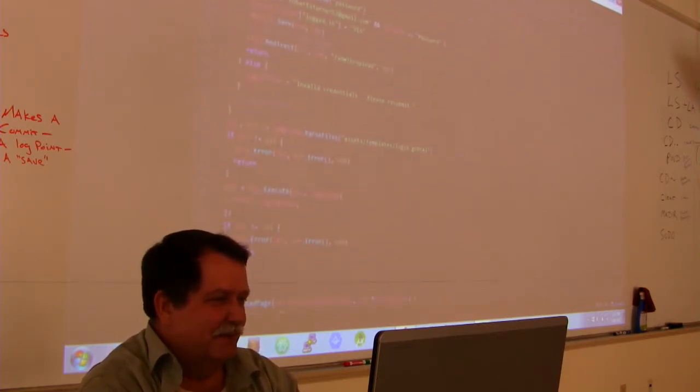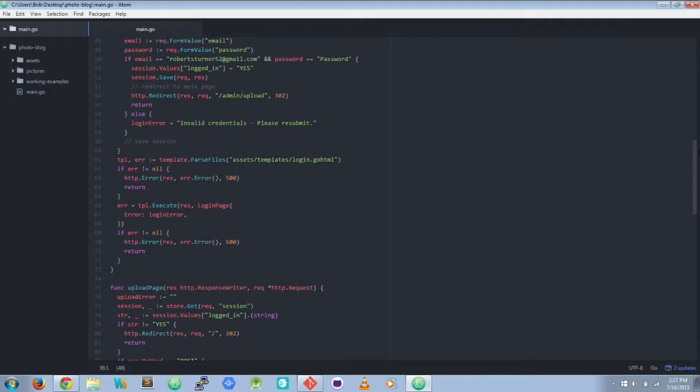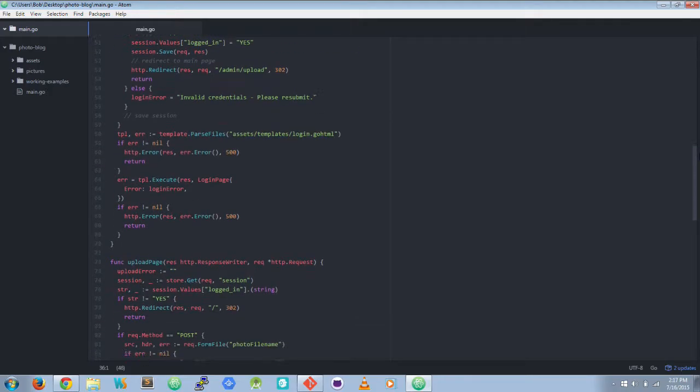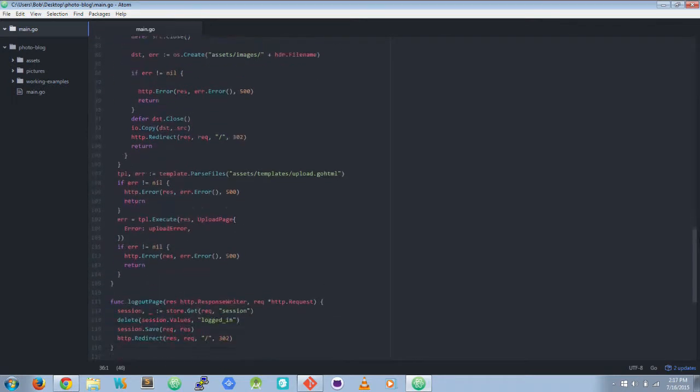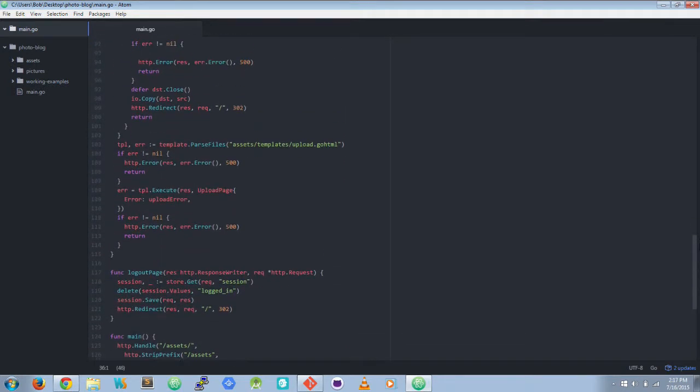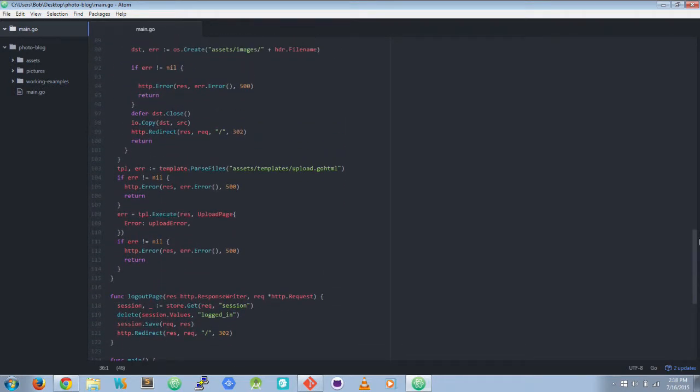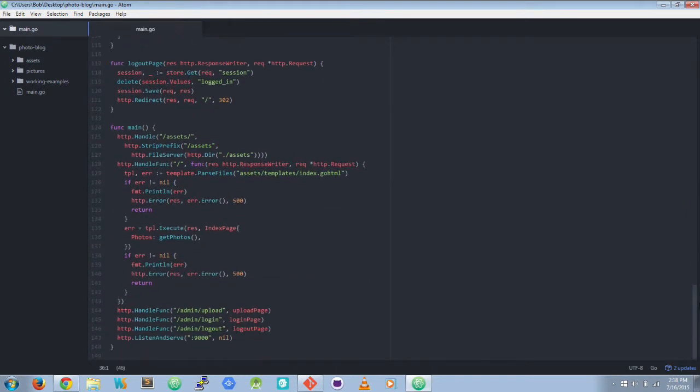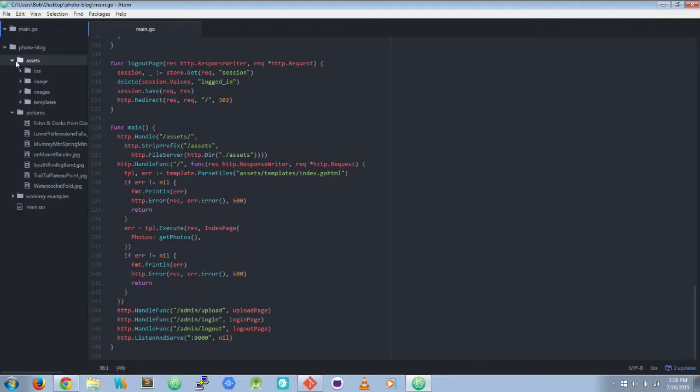And then there's a function for the login page, here for the upload page, and then log out at the bottom, and then the main function down here. And here are 3 functions being run. Then there's some stuff in here that